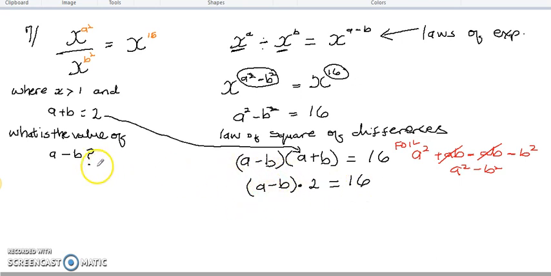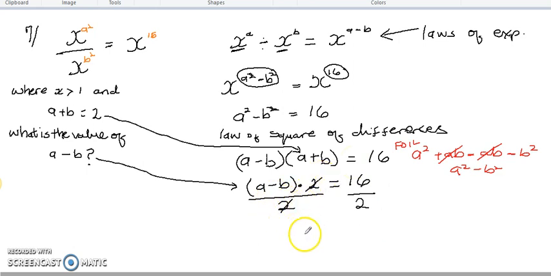We're asked to find the value of a minus b. So there it is right there. So we're going to get rid of this 2 by dividing the left-hand side of the equation by 2 as well as the right-hand side of the equation. And voila! We have our answer, and that is option